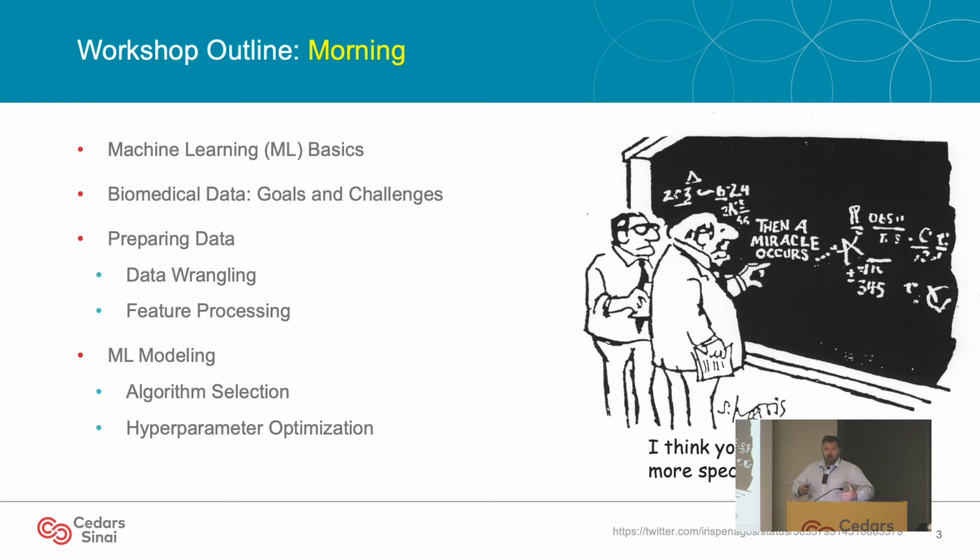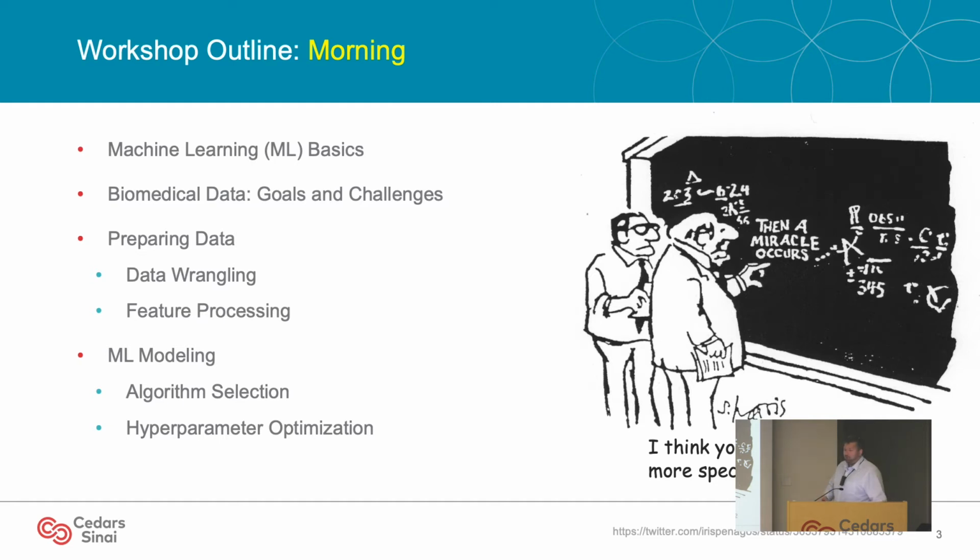Then we're going to talk about the all-important preparing data. I think often we forget just how important preparing data is to the entire process. And a lot of this is going to overlap with the knowledge you would need to perform traditional statistical analysis. But I want to make sure we're all on the same page in terms of what needs to be done prior to machine learning in order to do it properly and to get the most out of it. And in that section, we're going to cover two broader categories. One is data wrangling, and one is feature processing.